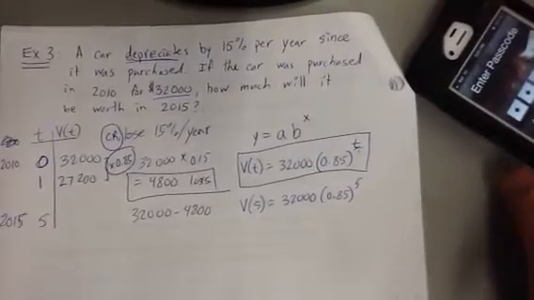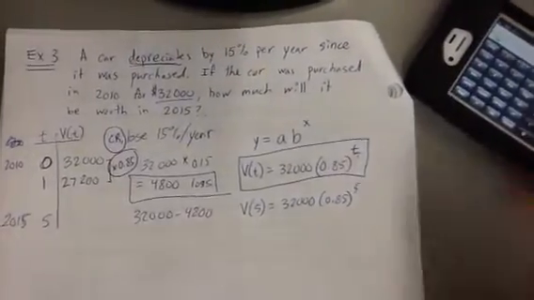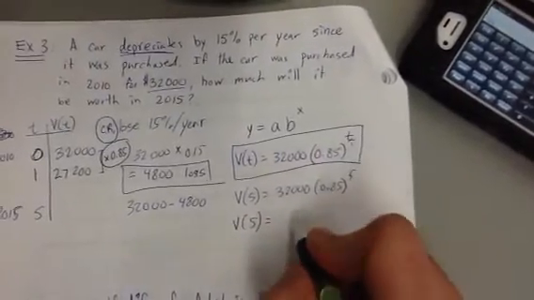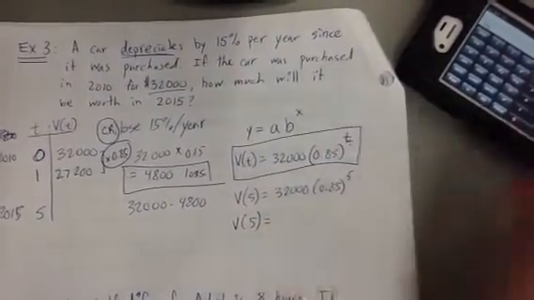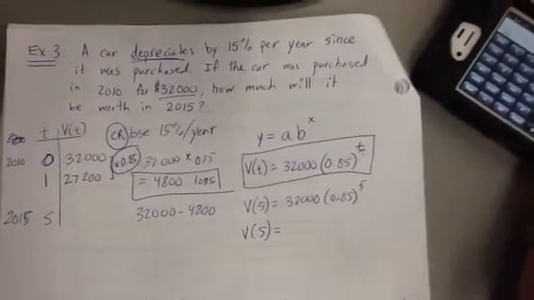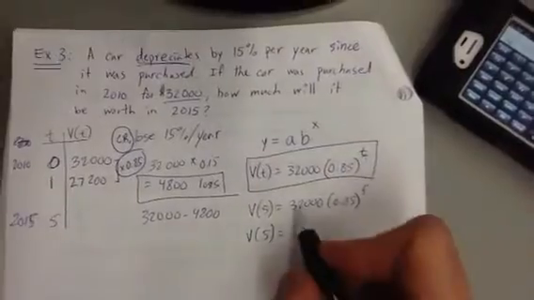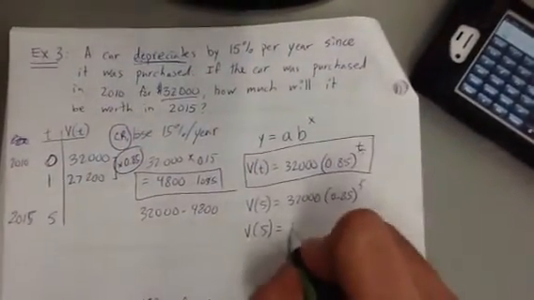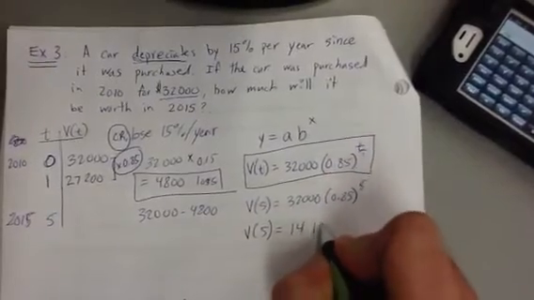When you do this math, remember that you do not multiply the 32,000 by 85% first. You're going to do 0.85 to the power of 5 first. Then you will multiply by 32,000, because that is the order of operations, and you should get